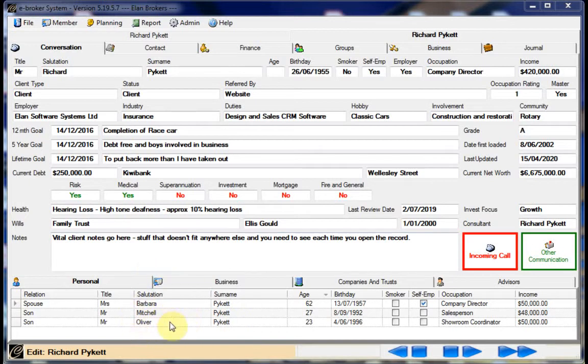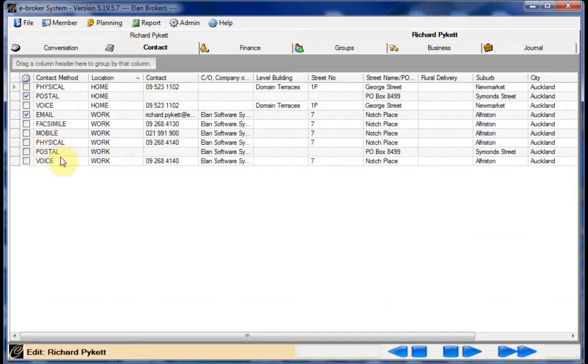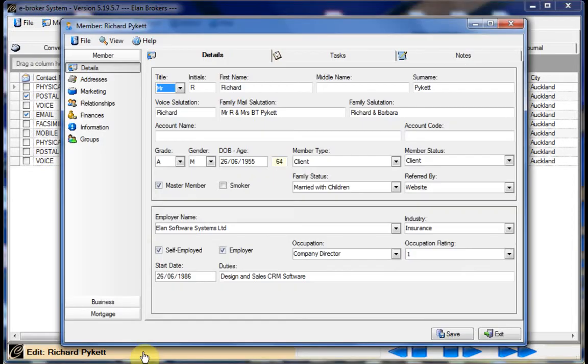So the logical place to start in creating a new person is from the addresses. If we had a new baby, the baby at this stage will be living with us and probably dependent till he or she was 30. So let's start from my addresses. We'll go to the bottom of the screen and open me up for editing. We'll go to addresses,